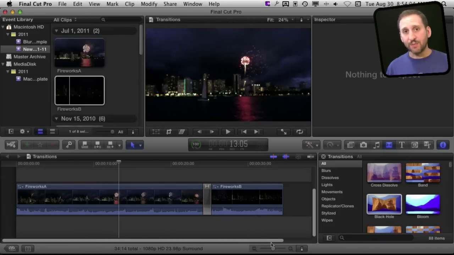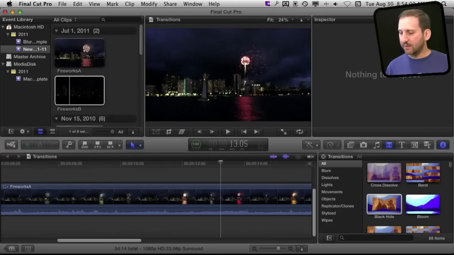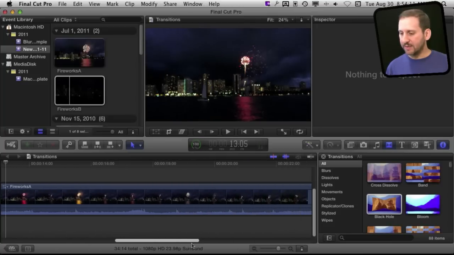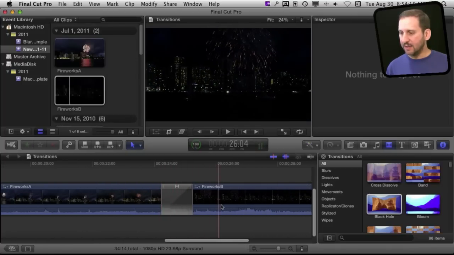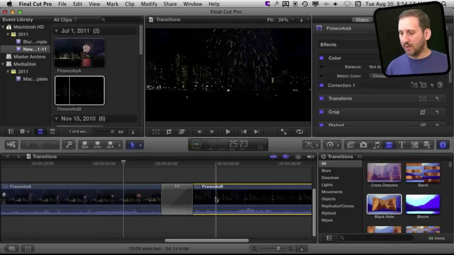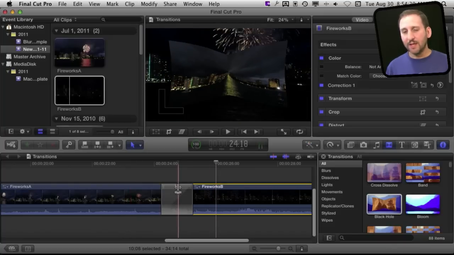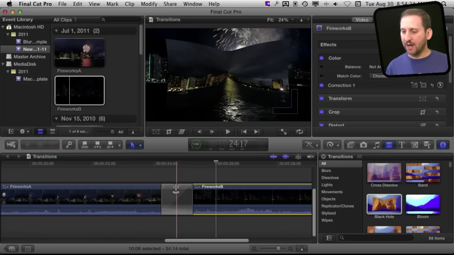So that's the basics, but now let's get a little more precision built into it. I'm going to expand the view in there so I can see this transition a little closer, and I can see the two clips going into the transition like so. To get to the precision editor, the easiest way to edit this, I just go up to the icon here,